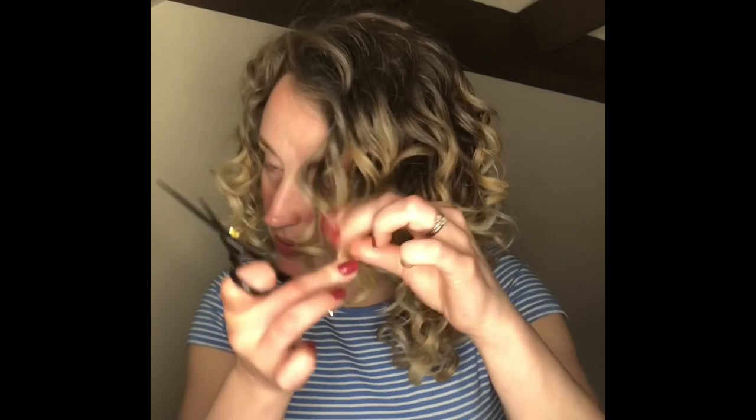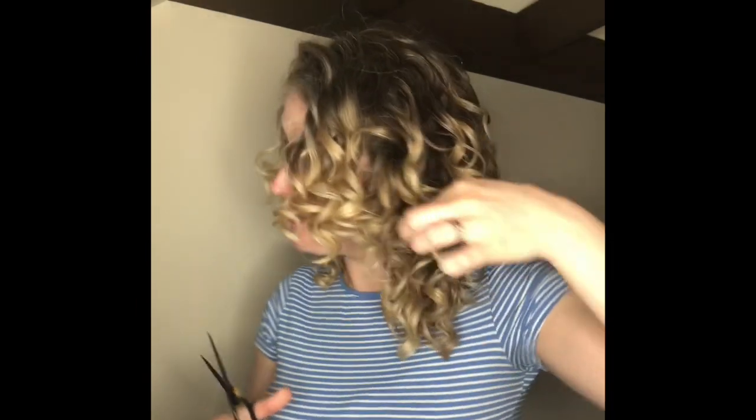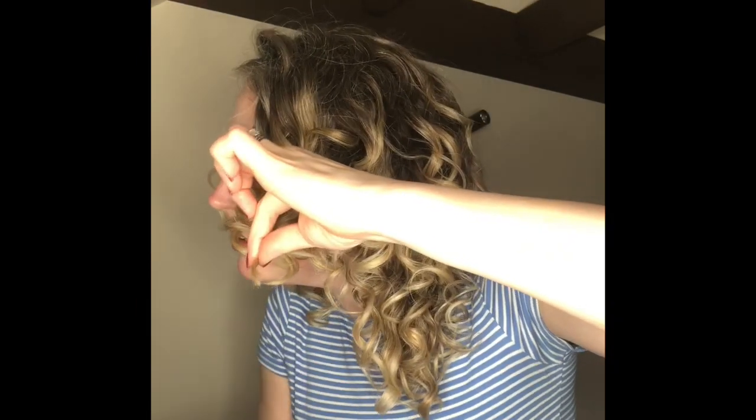You're always better to take less and then go back and cut more than to take too much, because you can't stick it back on. So I just kind of eyeball it. I'm going to take just a little bit more of that one. And I always like to cut up or down, and you need sharp scissors,